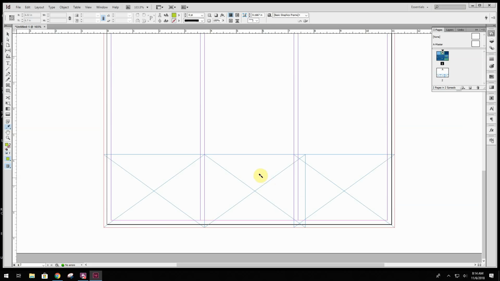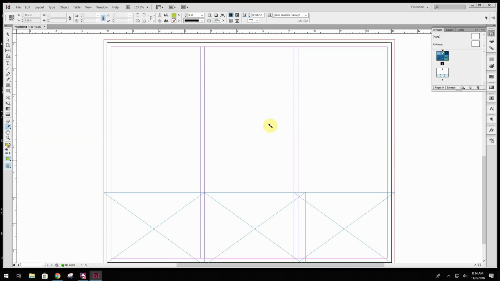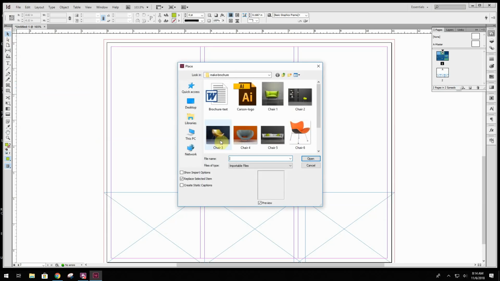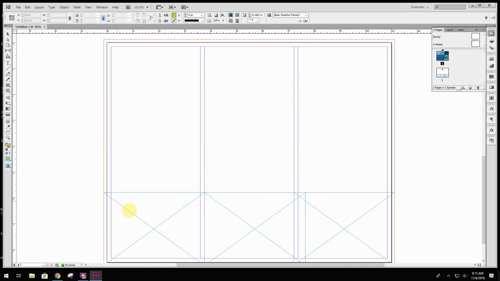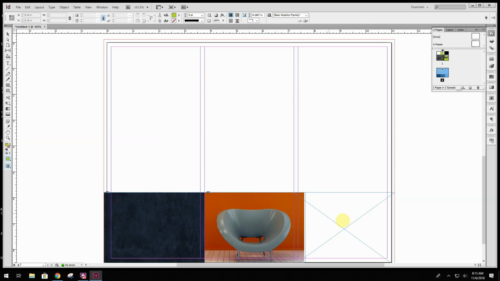On page 2, I'm going to go ahead and grab my selection tool, go to File, Place, and I'm going to select chairs 3, 4, and 5. So I can do that by holding down Shift and just 3, 4, 5. I've selected all 3 of them, and then watch how quickly this goes. I can select Open, and I'm just going to click once, twice, 3 times,